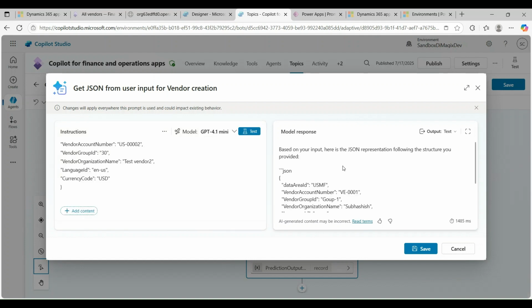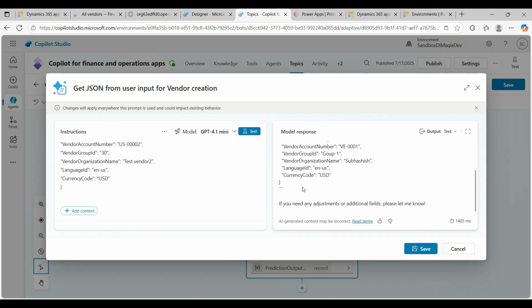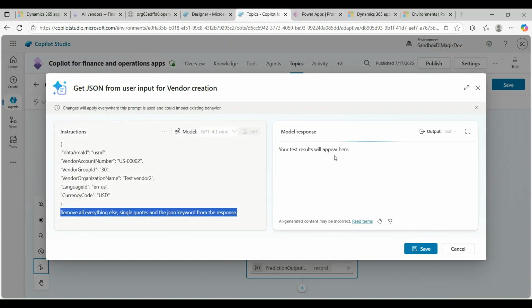Based on user input, representation following the structure you provided, there is JSON, there are single quotes, if you need any adjustment, a lot of things are coming, which I really don't want. That's why I have said remove everything else, single quotes and JSON keywords from the response. So if I click on test, it will pinpoint a perfect JSON response,